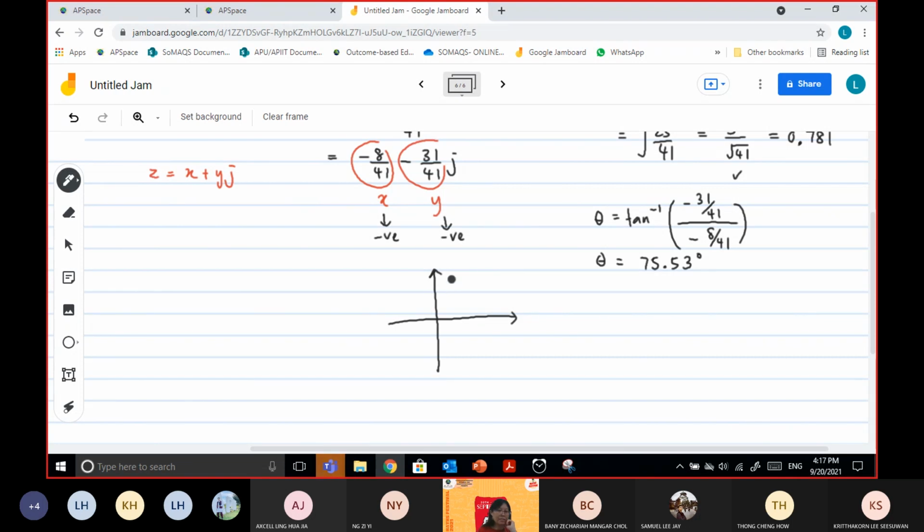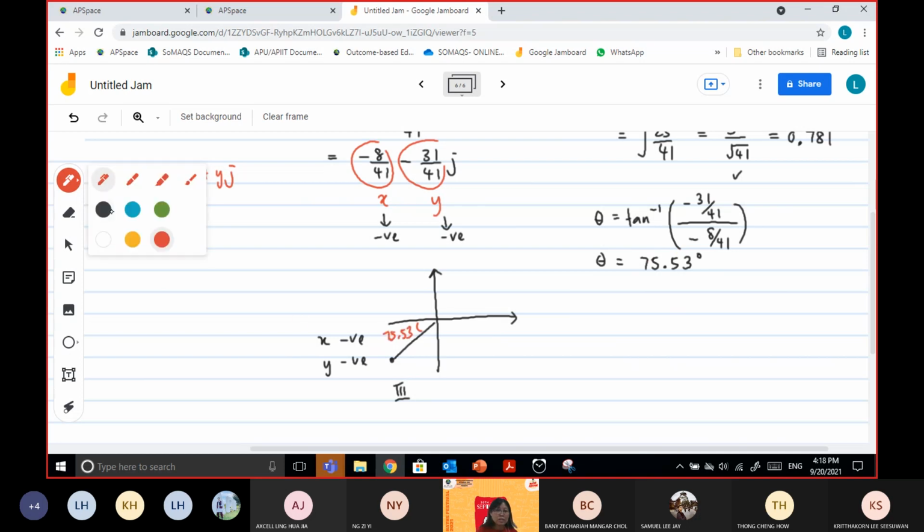Third quadrant, yes. So x negative, y negative is in the third quadrant. For this quadrant, x is negative, y is also negative. Is everybody clear about this? Right, x negative, y negative is in the third quadrant. So when this is in the third quadrant, this is the basic angle we found,